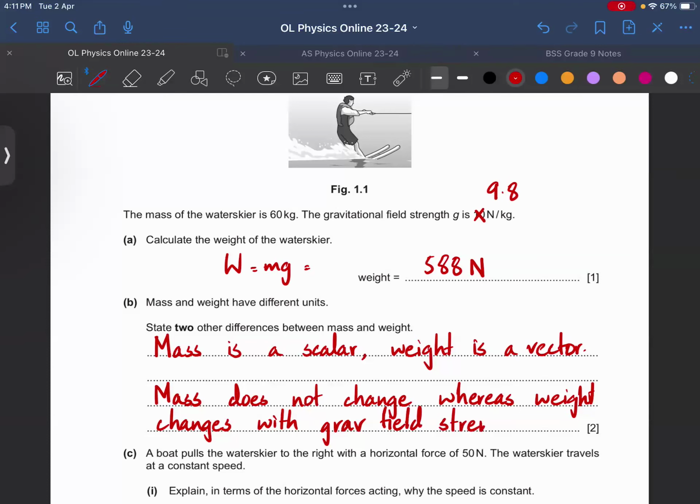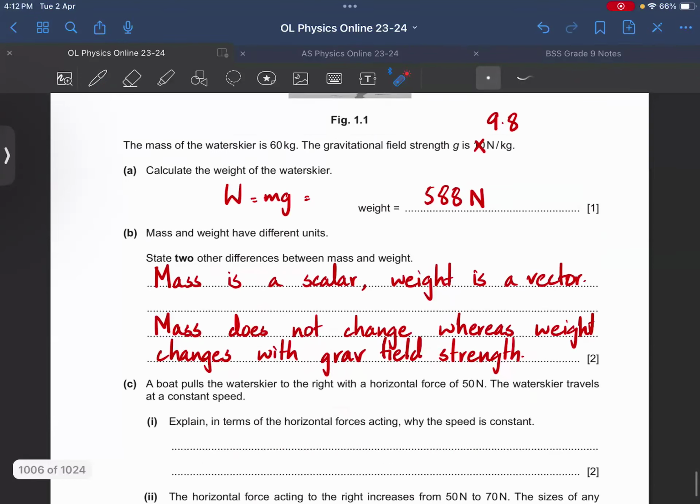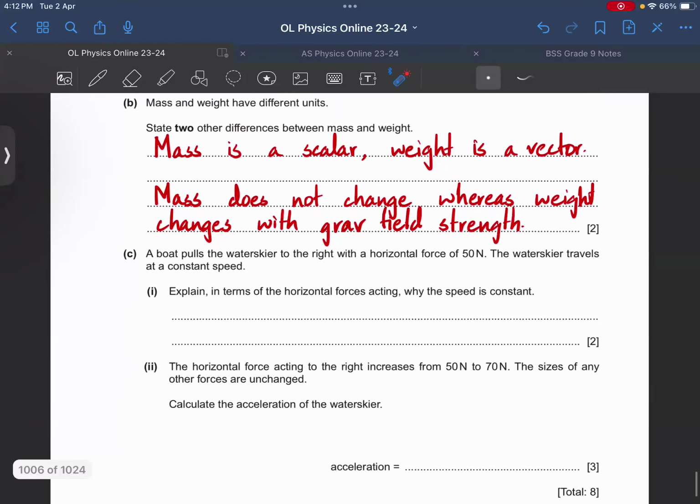ठीक है, so mass is mass। हम यही कहते हैं कि if there is something on the earth or on the moon, उसका mass is the same। So if we take this water skier to the moon, his mass would still be 60 kg, लेकिन weight would change because हमें पता है small g gravitational field strength changes with very huge changes in the location of an object।